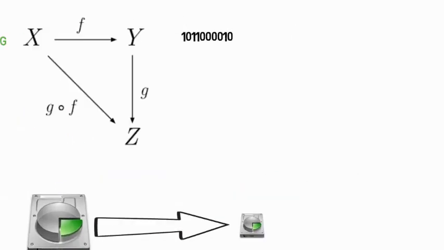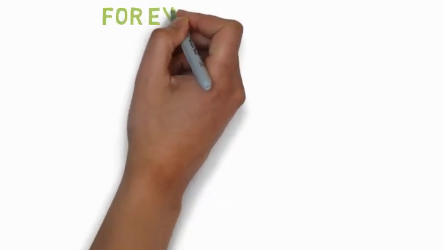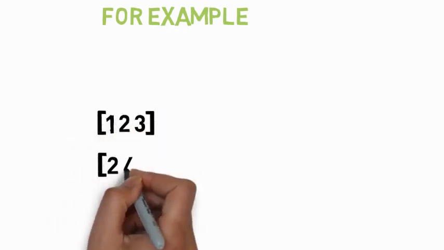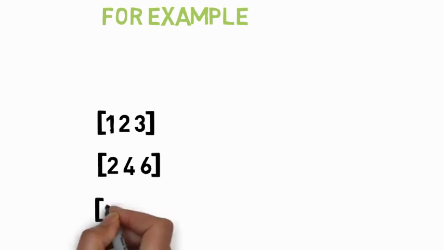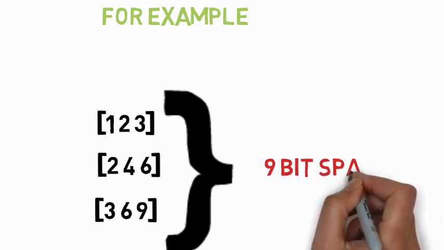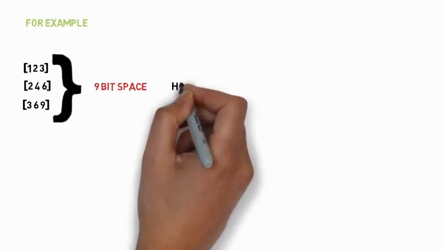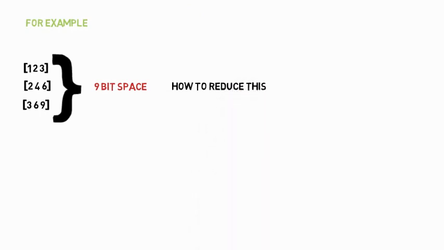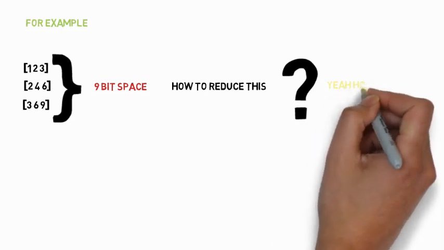Suppose you are storing some data 1, 2, 3, 2, 4, 6 and 3, 9, 6. It would require at least some 9 bits of storage space with binary digits. This would consume a lot of space. You have to reduce it by half or by a quarter. Then what would you do? If you want to reduce it by a quarter, you would apply the concept called homomorphism.